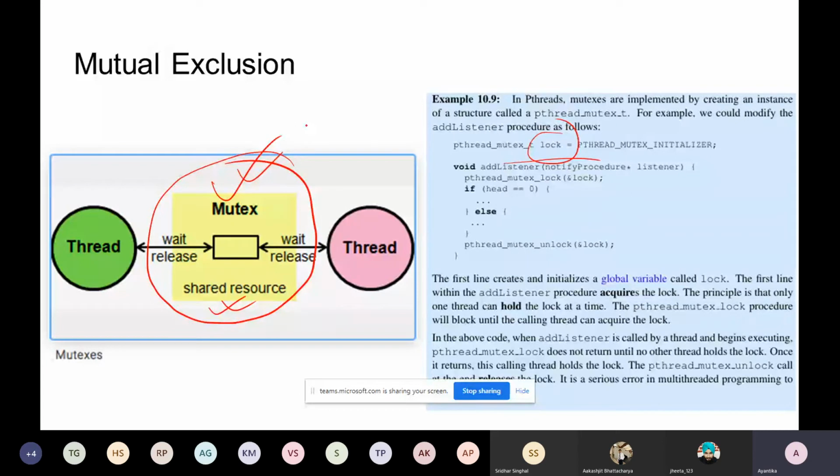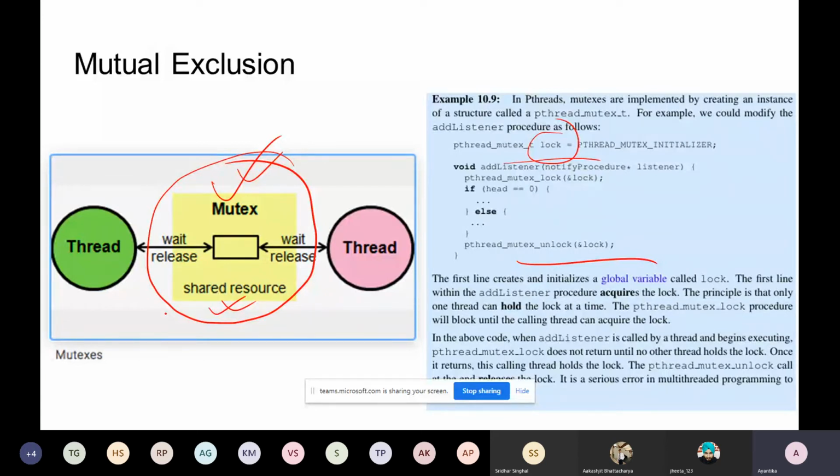Whenever the execution ends, it will come out and unlock that particular shared resource. Okay. So based on this, if there is a second thread, thread 2, and it is interested in working on this shared resource,